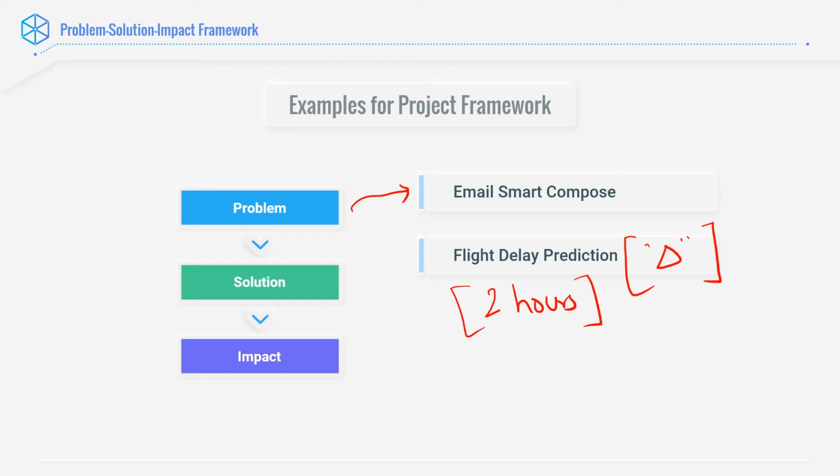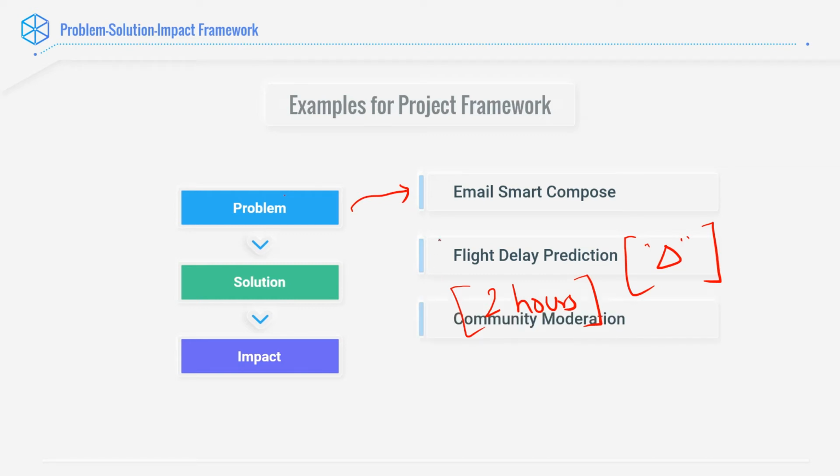I have personally experienced this at Frankfurt airport, where I landed around 1 hour after my next flight had already taken off. So there was no chance of making it. And then the airline had to issue tickets again for every such user. For such problems, we evaluate problem, solution, and impact.